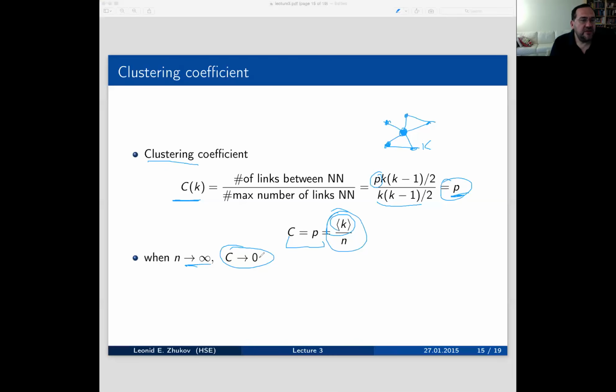Now, another way to think about this is, you remember that for smaller values of p, a random graph looks almost like a tree. Now, when p goes larger, it doesn't look like a tree anymore, but it still does not have enough small loops of size 3 that are responsible for the clustering coefficient. And when n goes to infinity, the clustering coefficient tends to 0, when you have fixed k.